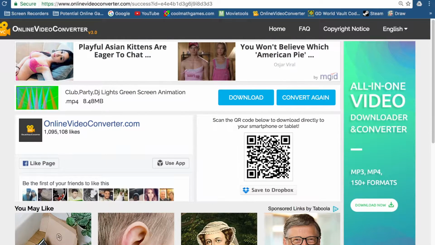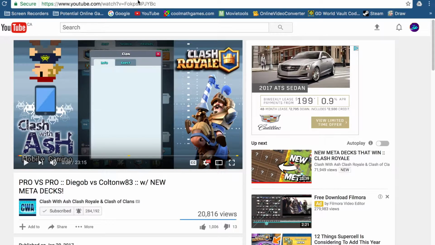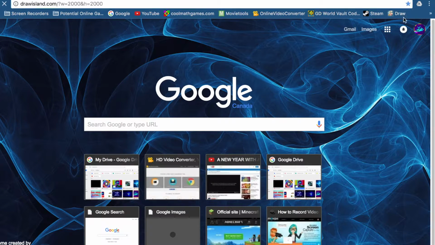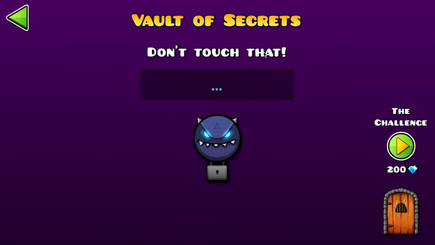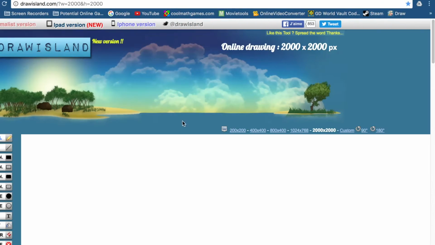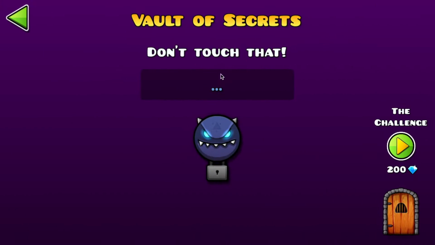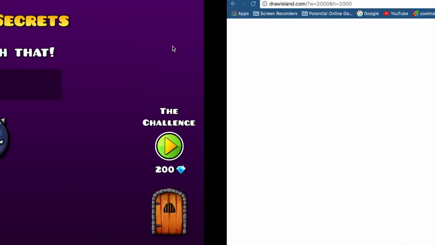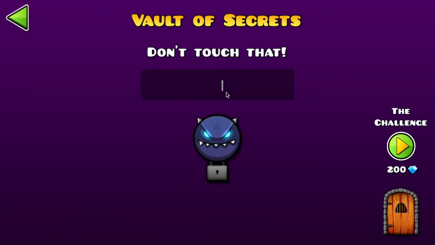So let me just open up Google. Sorry about that. Just need to get rid of this. You need to prepare something really quick. So I'm just gonna open up a little bit of a draw file right there, and I think we should be fine. So this is the recording area, and basically what you need to do is when you open up code 3 breaker, when you type in this code, you're gonna have to react really fast because the vault keeper will say a couple numbers.